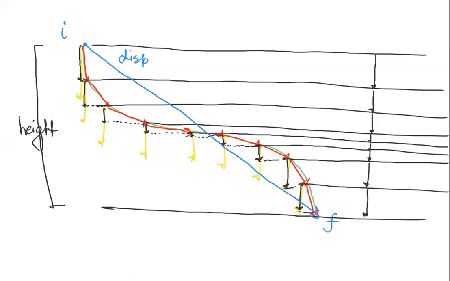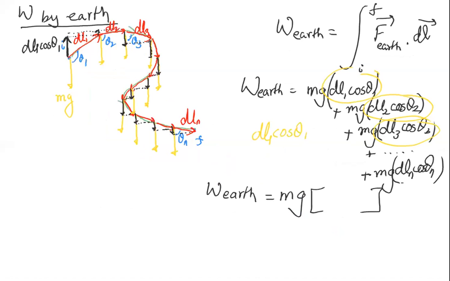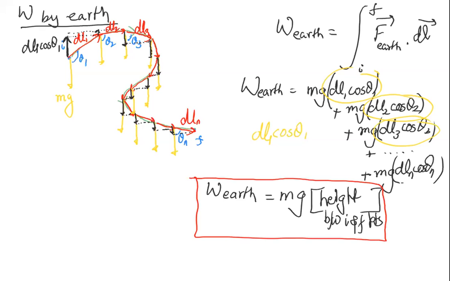Okay. So we arrive at a wonderful expression, and it tells me that work done is equal to mg into dl cosine theta 1 plus dl cosine theta 2 plus dl cosine theta 3, and all of this combined is nothing but the height between initial and final points. This is absolutely fantastic,